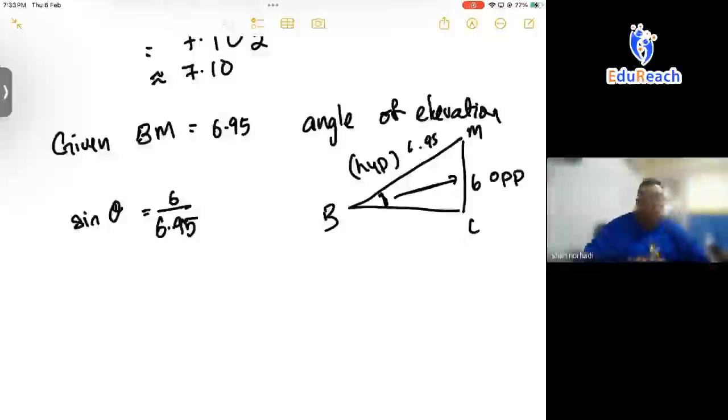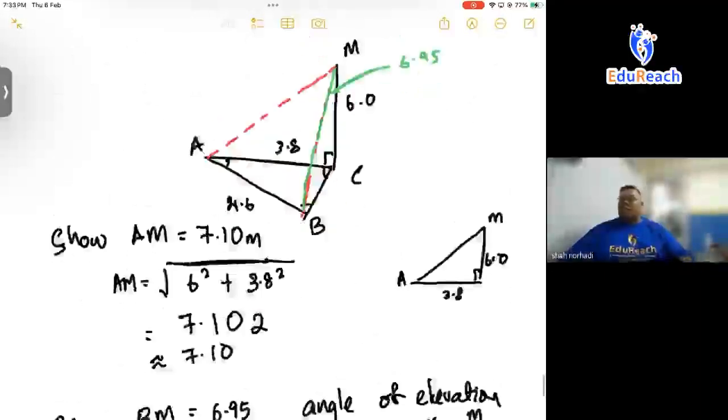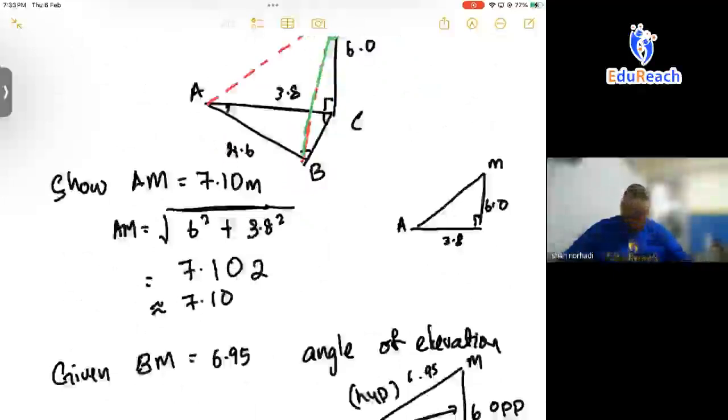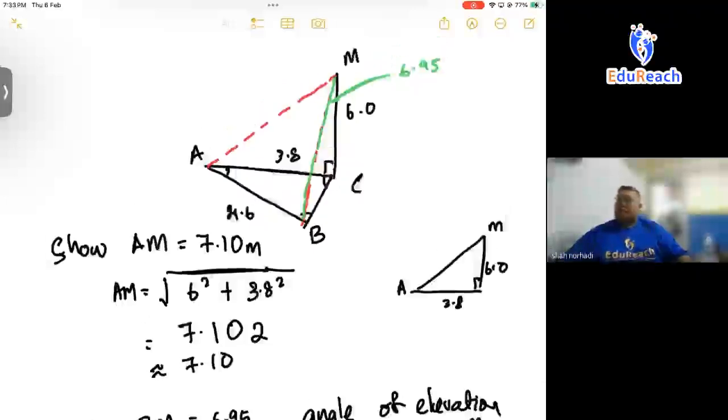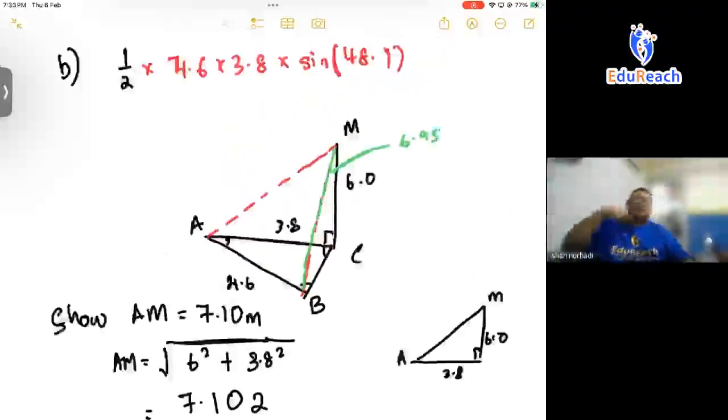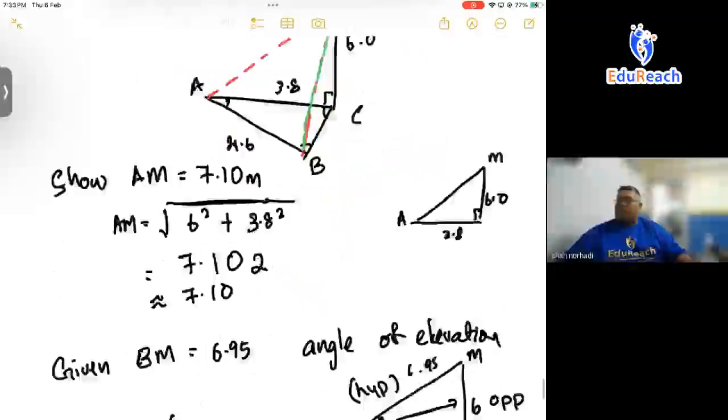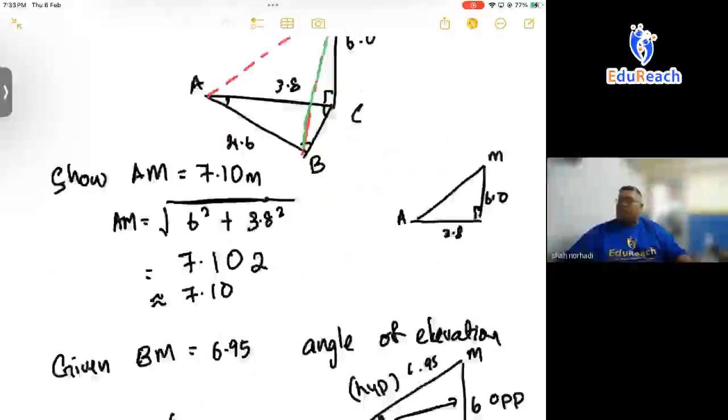Okay, what are the techniques here that I have applied? First thing, very important. When there is a 3D angle triangle, always redraw. Can you see that I redraw? So that I can see that there is a right angle triangle. If you were to see from this view, you can't see that it is a right angle. But since they say it is vertically on the ground, you can find out that this is 90